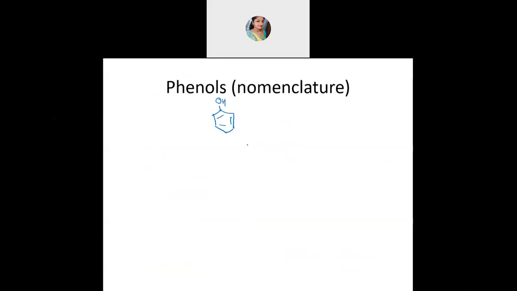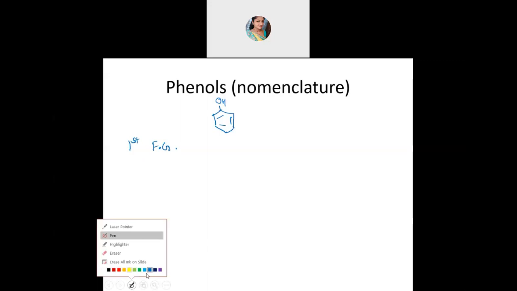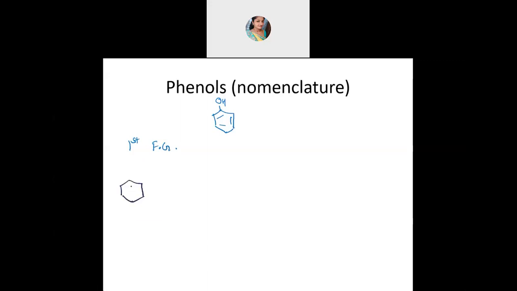First preference you will give for the functional group, and then second preference will go to the substituents which are present. But if there are 2 or more of the same group, then you will make use of the prefix, that is di, tri, along with the position. So we will directly start with taking the compound. That will be giving you more clarity. So now if you have benzene ring with CH3 attached and OH attached over here.